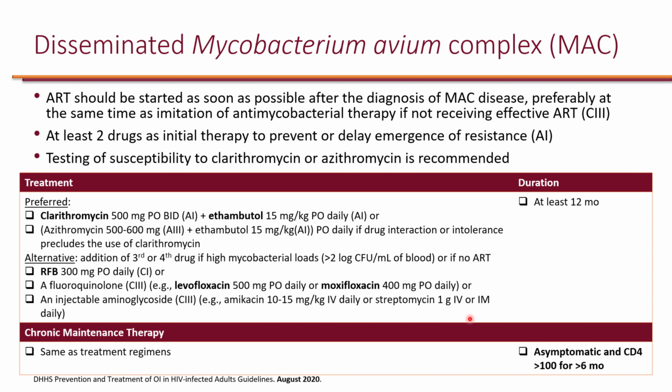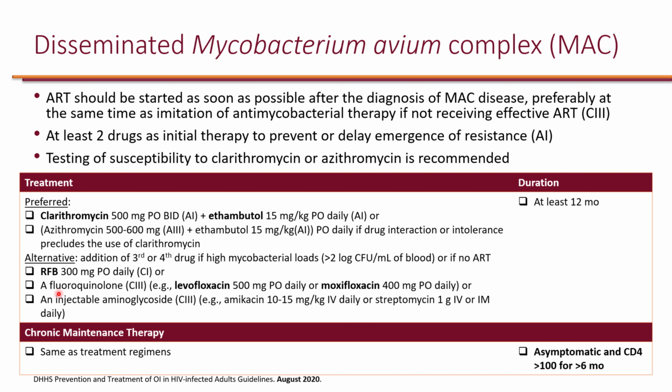And for disseminated MAC, basically the preferred agent for treatment is a combination of clarithromycin with ethambutol. We will discuss ethambutol more when we talk about tuberculosis, but you want at least 2 agents. And many experts also add a third or fourth agent if the mycobacterial load is more than 2 log CFU per ml of blood, or if the patient is not on ART, so you need a third or a fourth